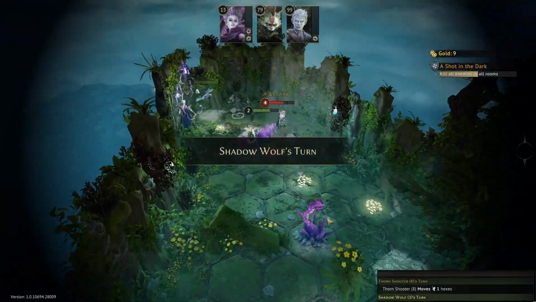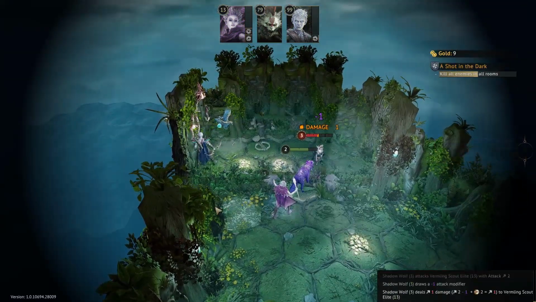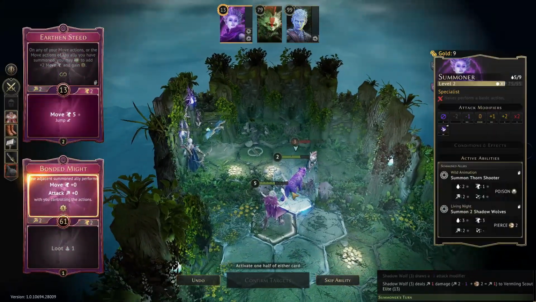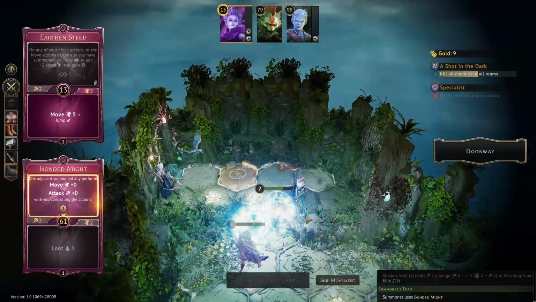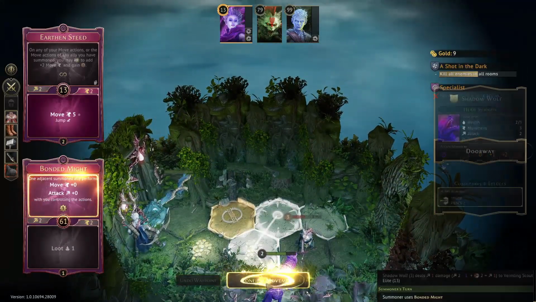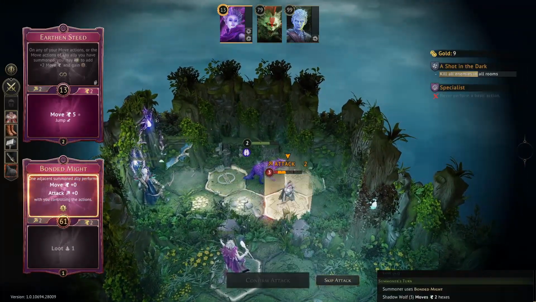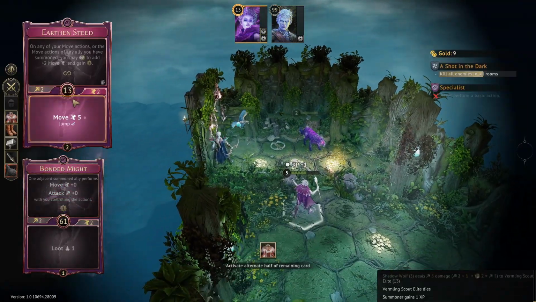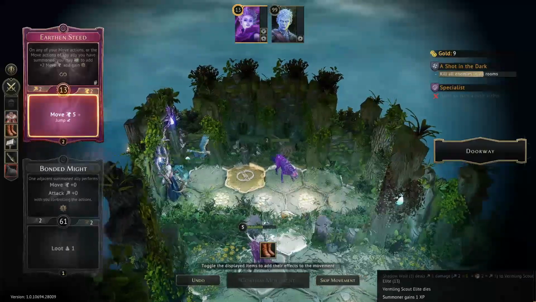Taunt Shooter is moving up. Shadow Wolf is gonna go for a bite. I am going to control the Shadow Wolf. Make them move in there. Skip movement. Bite him again. Okay. Nice. And she is going to...